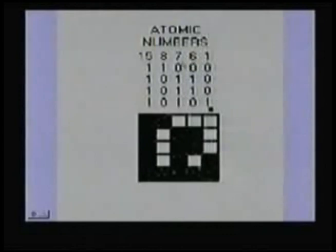This dot pattern appears just below the numbering dots. This row of dots represents the starting points for these columns of dots. They indicate the numbers of 1, 6, 7, 8, and 15. When you look these numbers up in the periodic table of elements, you find that they represent the atomic numbers for hydrogen,